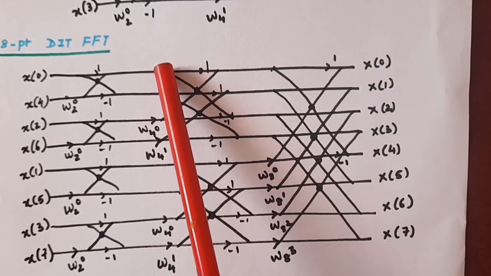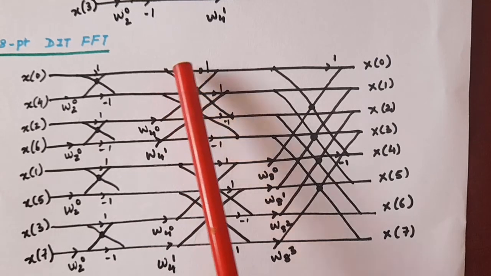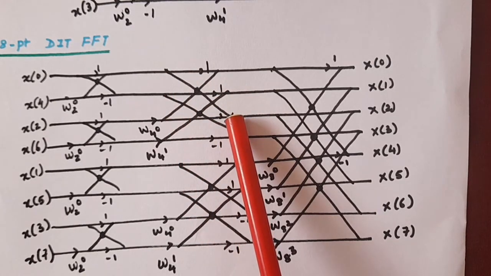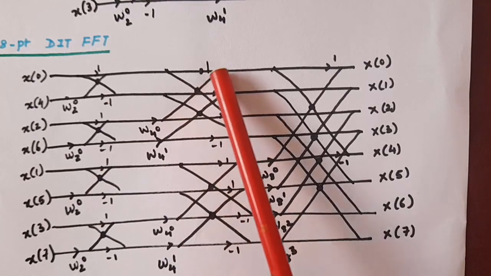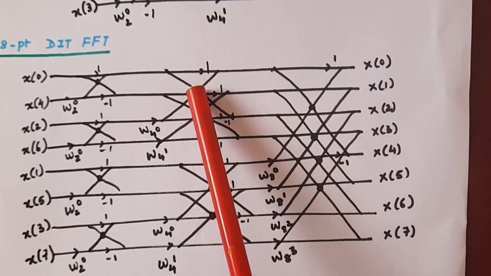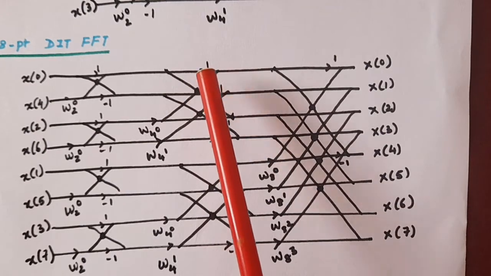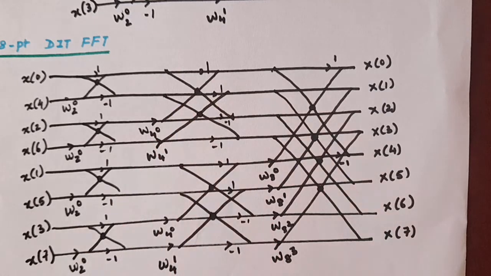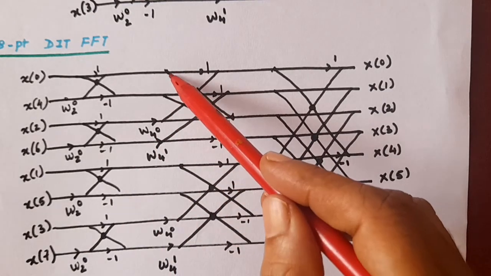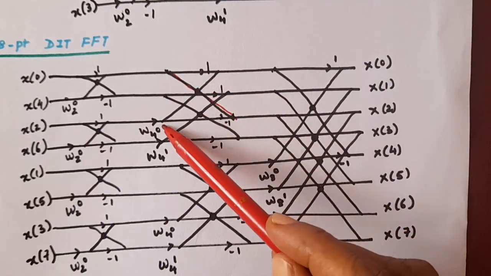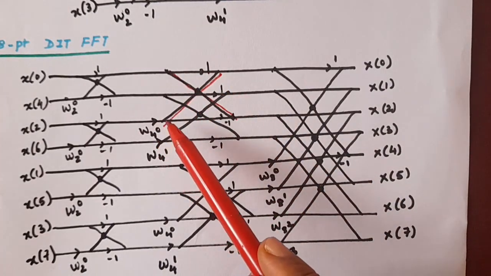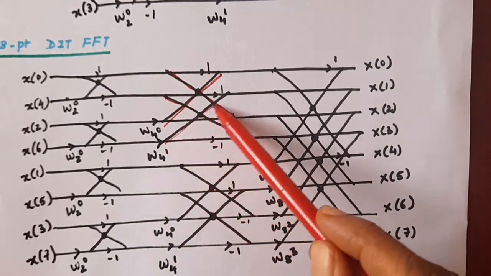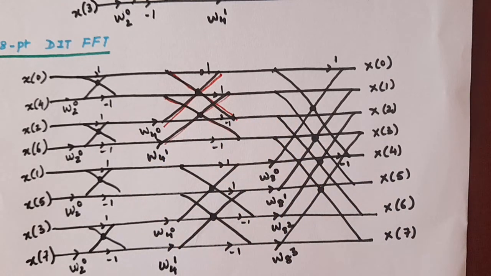you are drawing the first, hold the first point, leave 2 lines, 1, 2 and join the third one like this. Where you have joined, correspondingly make one X sign there and darken this one. So the upper line will have 1, the lower line will have -1. And for this X, the twiddle factor is W4 to the power of 0. And for the other X, the twiddle factor is W4 to the power of 1.